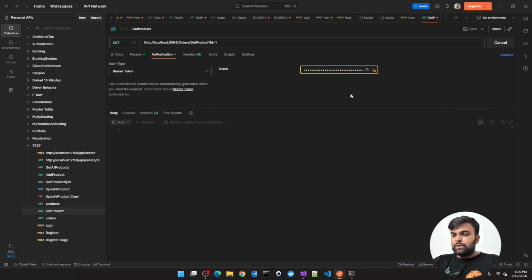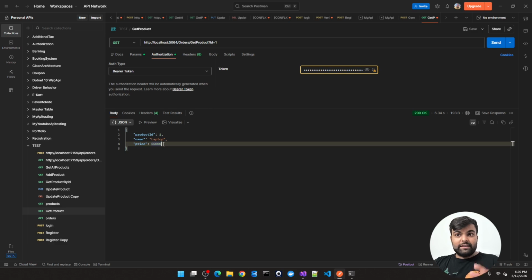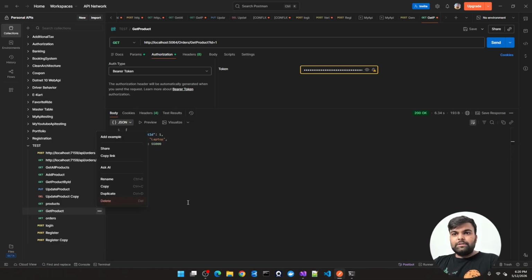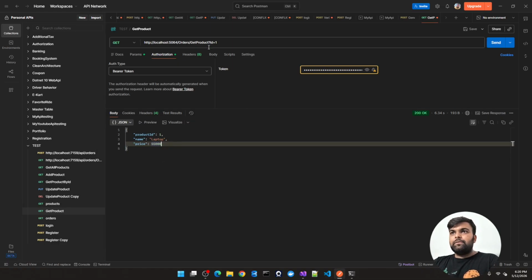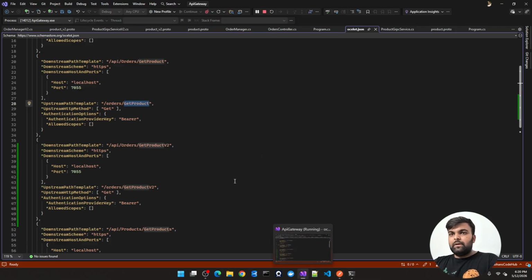Let's replace the token and send the request. Whenever you call the v1 services, we got the response of version 1, and we are not able to see the description that we mentioned earlier.